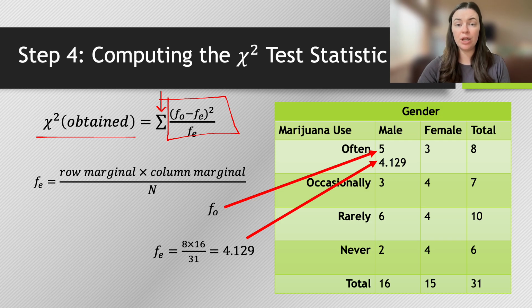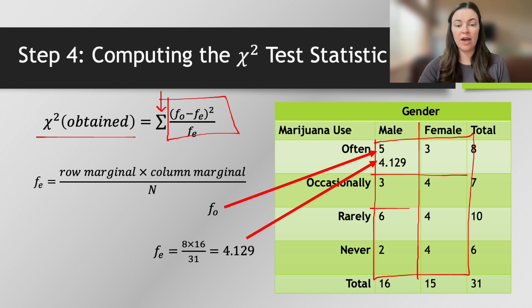So in this example of a 4x2 bivariate table, we have 8 cells that we will have to do this calculation for. And how I got that is simply by looking at these cell values here. But you can also do it quickly in your head: of the 4x2 table, multiply those two values together to get 8. And so before we can actually add together all these values, we first have to determine our expected frequencies, or what we would expect to see if the two variables of gender and marijuana use are truly independent